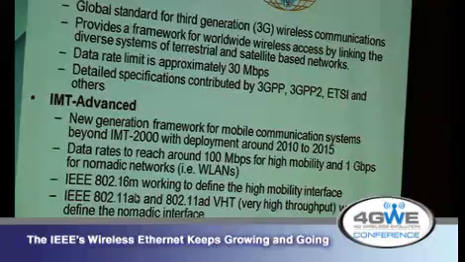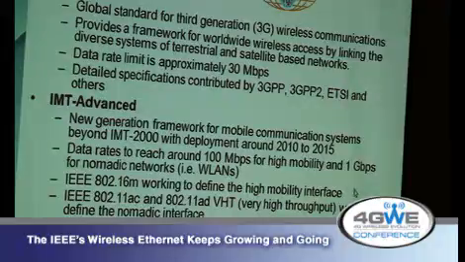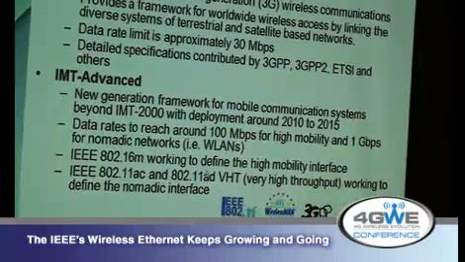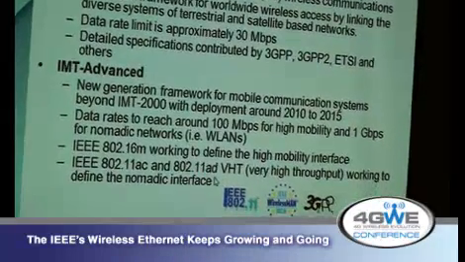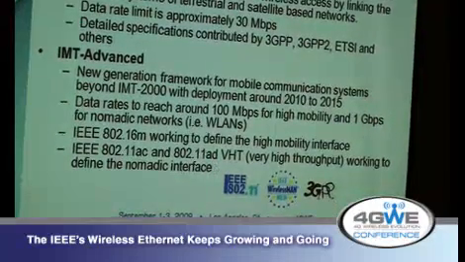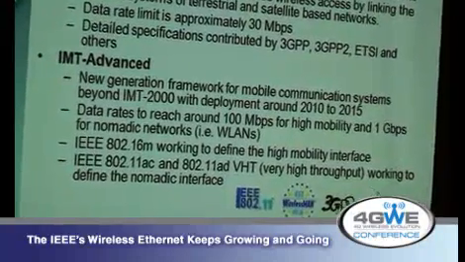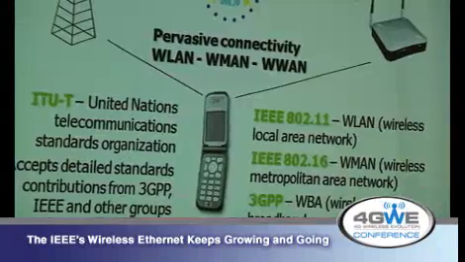802.16m is essentially the next generation WiMAX standard, and AC and AD are the 11 standards that will reach 1 gigabit per second. AC operates below 6 gigahertz, so in the traditional 2.4 and 5.8 gigahertz bands. And AD uses about 7 gigahertz of bandwidth up at 60 gigahertz. There's unlicensed spectrum there in order to reach these high speeds. And again, we'll look at that.